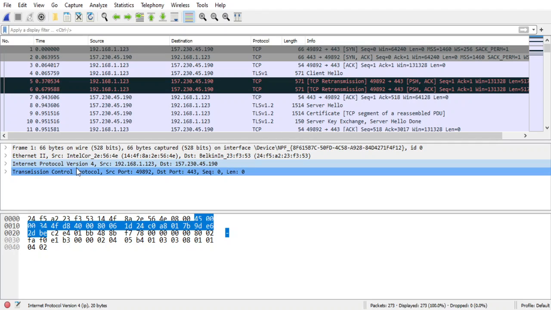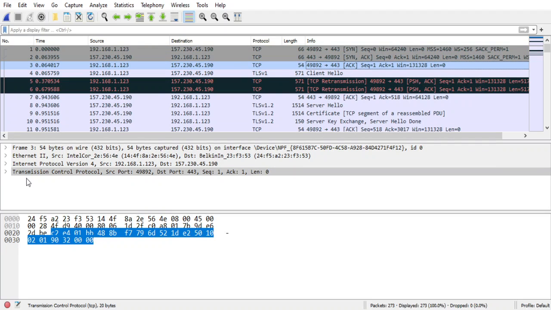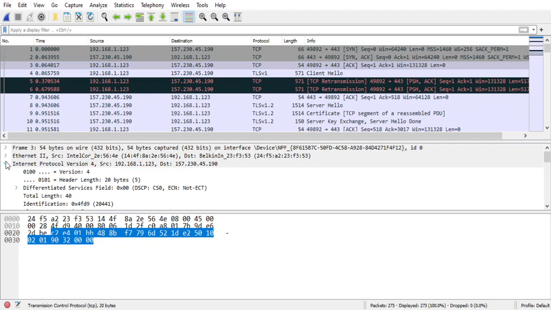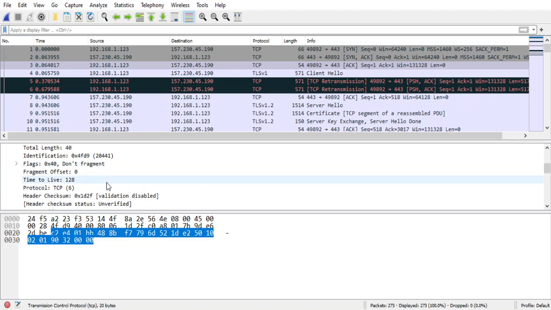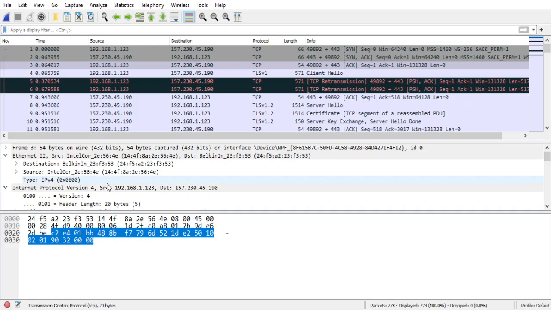IP belongs to the network layer, and TCP belongs to the transport layer. So you will see that you have the SYN, SYN-ACK, and ACK three-way handshake, and we can actually examine the fields of the different protocol